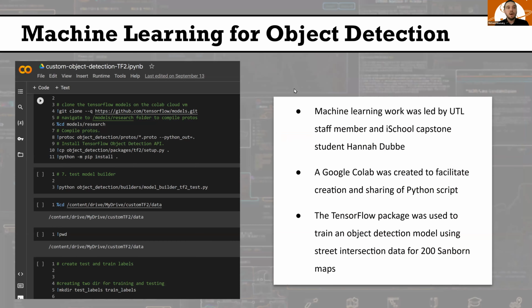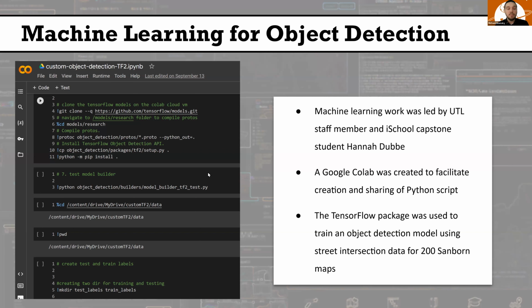That's what we decided to focus on because we thought it would be really valuable to get these maps into our Texas Geodata portal, and we thought we could successfully use the intersection annotation to automate the georeferencing of these maps. Last year, I was contacted by a capstone student in our School of Information, Hannah Doobie, who also happened to be a staff member in the UT Libraries. She was interested in working on this project with me, and she completed her capstone project in the spring of this year.